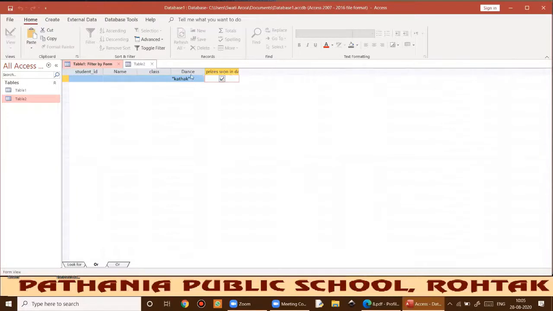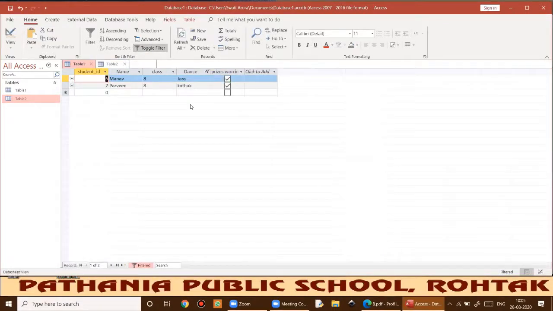Only those students who have dance style as Kathak or jazz, and who have won prizes at the national level, will be available. You can see only those students with prizes at the national level, and those with jazz and Kathak, will be there in the output.